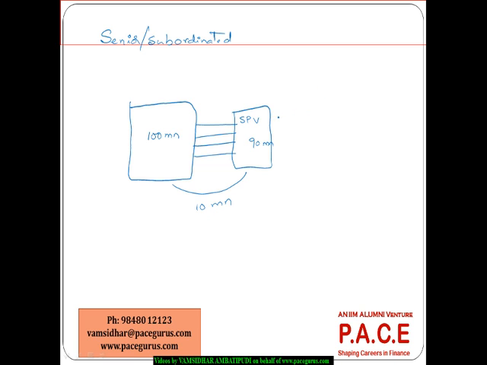And even in this 90 million, it has created, let's say, three structures. A senior tranche worth 50 million, a subordinated one tranche which is 30 million, and a subordinated two tranche which is 10 million. Let's say such a kind of senior subordinated structure has been created.